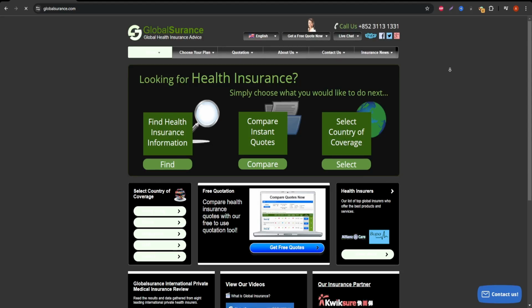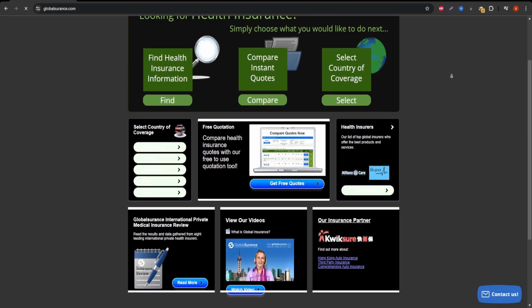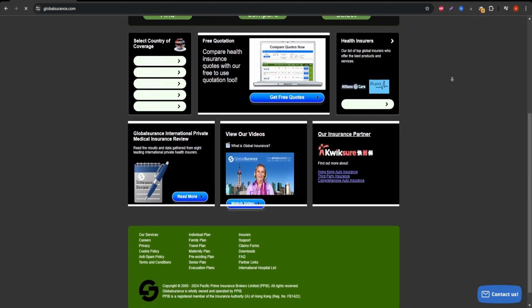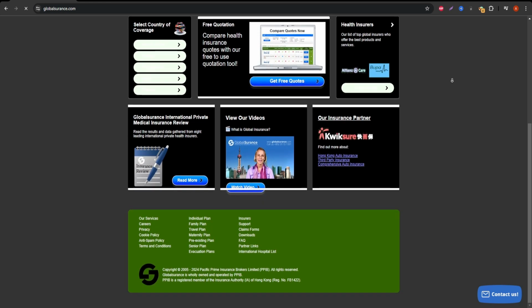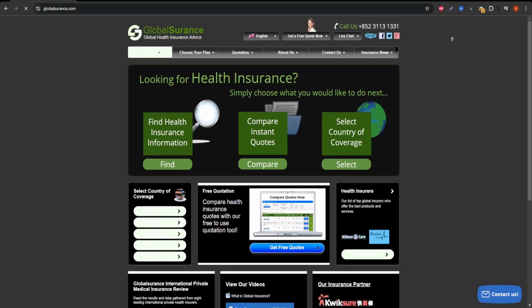Today we'll take a detailed look at how to purchase travel insurance online using the Globalsurance website. If you're new to this process or simply looking for a reliable platform, this guide is for you. I'll walk you through the steps, from navigating the site to comparing different insurance plans and making the best choice